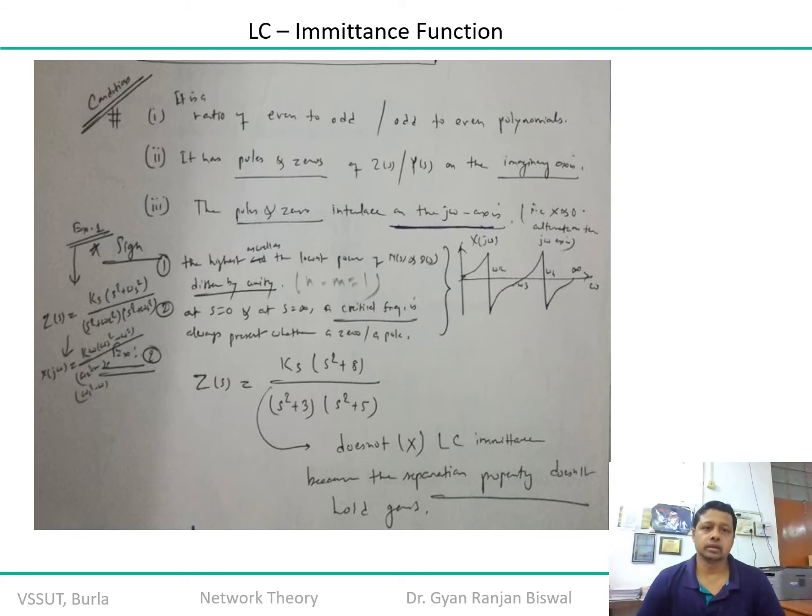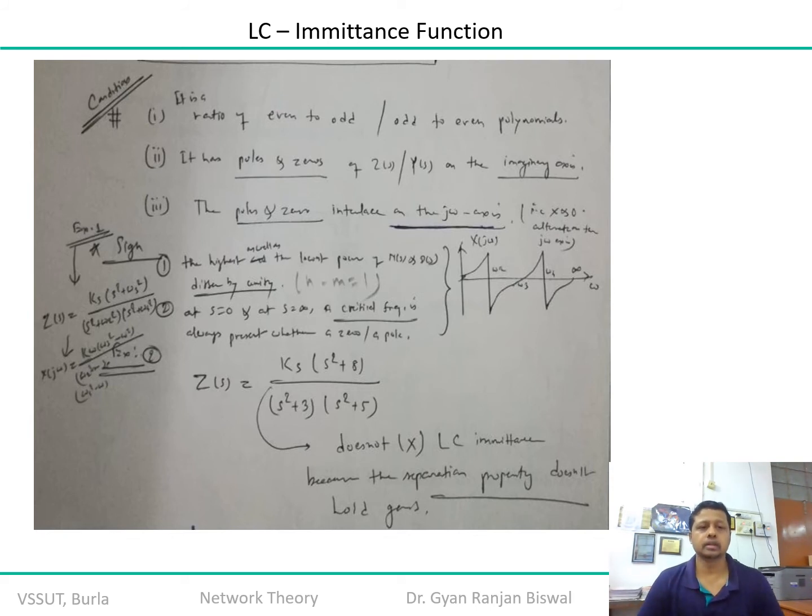Number two, the roots at the origin, that is, whenever you apply s equal to 0, and the roots at infinity, whenever you apply s equal to infinity. I am talking about the critical frequencies. The roots which define the critical frequency of that particular network function are always present, whether it is a zero or a pole. So the critical frequency will always be there, and it can be a component of a zero or a component of a pole. Either-or possibility is there.